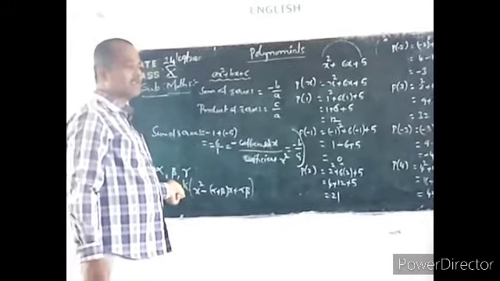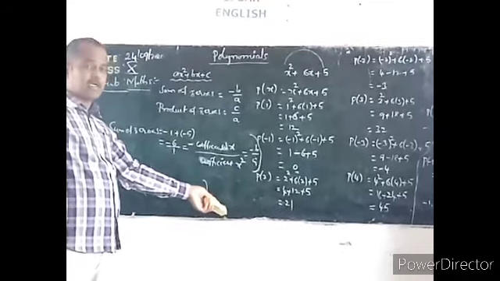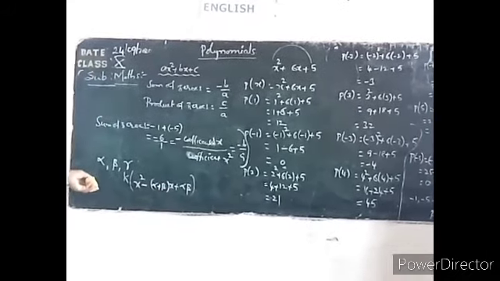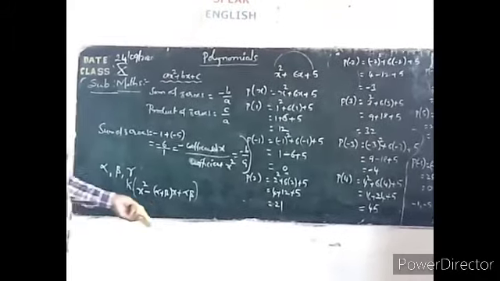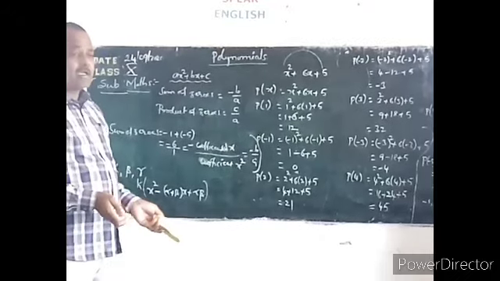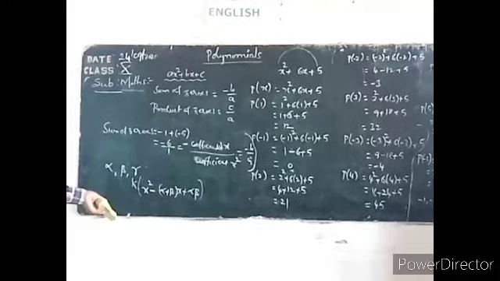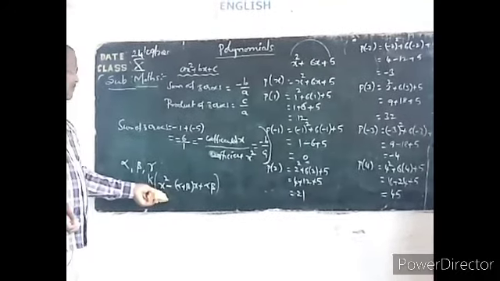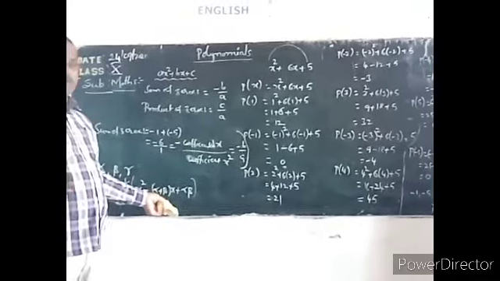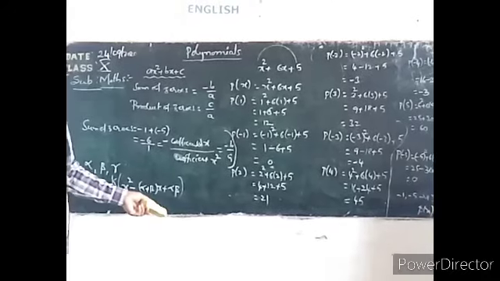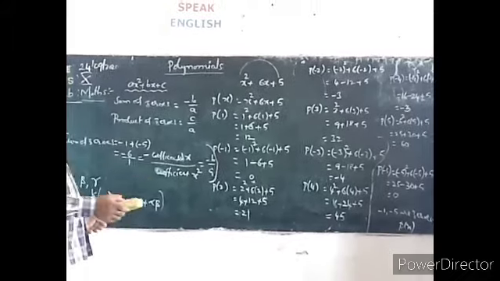K is the constant here. Whatever fractional denominator we get, that much you have to substitute in place of k. Not always; sometimes we write no value other than 1. In the same way, this can be written as k of x square minus sum of the zeros into x plus product of zeros. Okay. Next, cubic expressions.